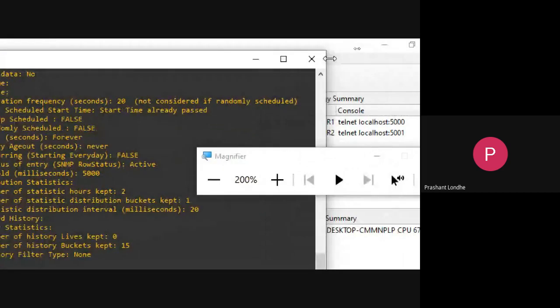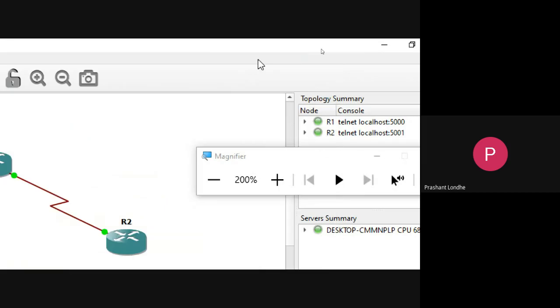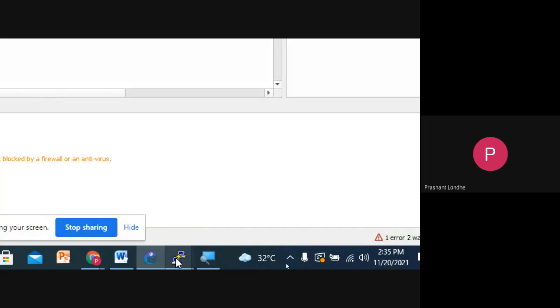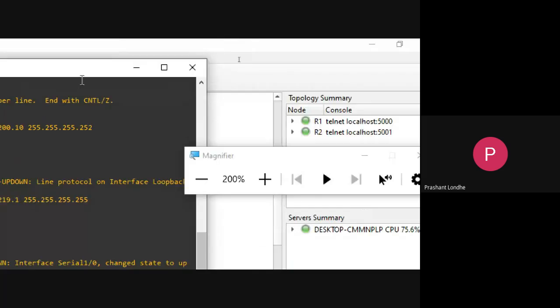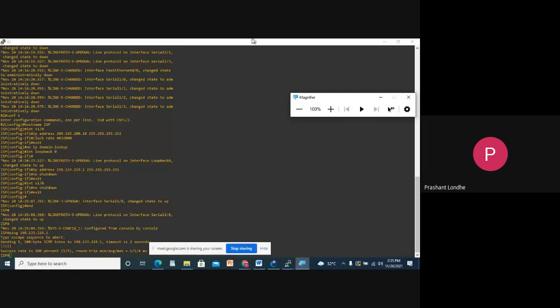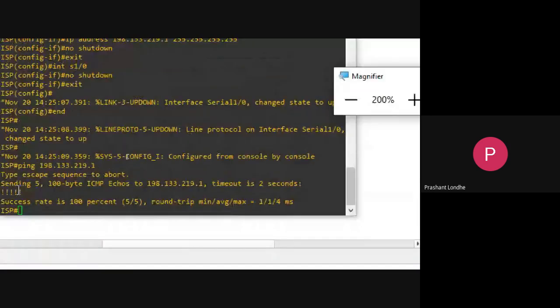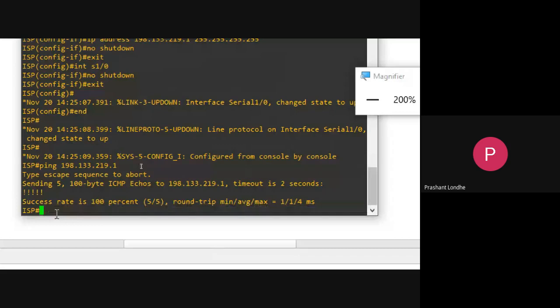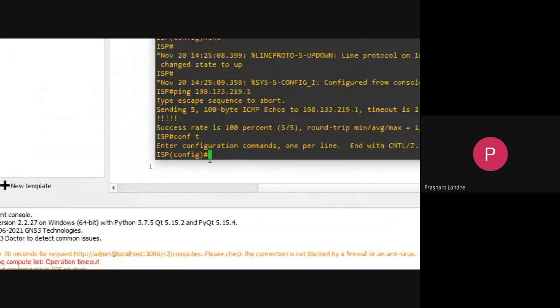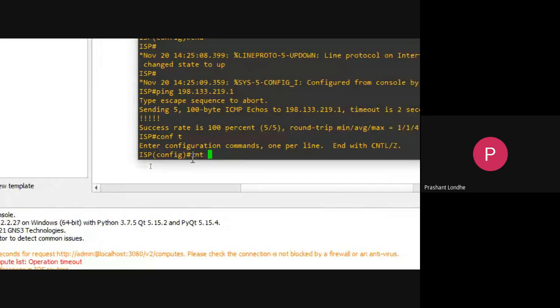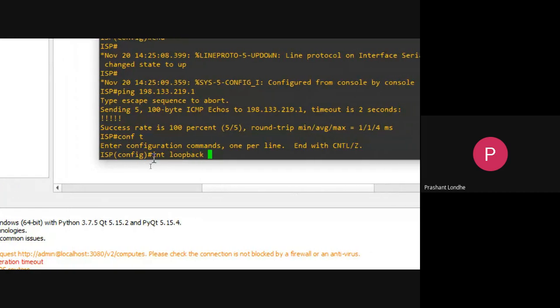Now we need to refresh this. So simply what I will do, I will go to the next window, that is R2, and go to the interface again, that is conf t and int loopback 0.